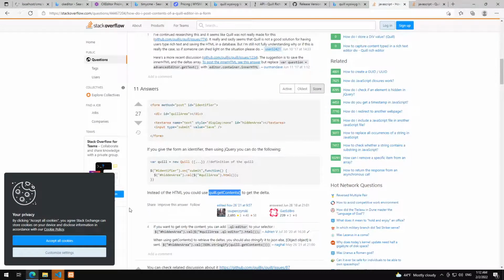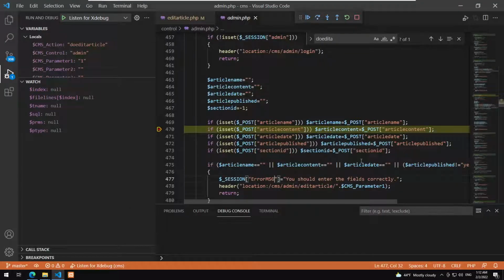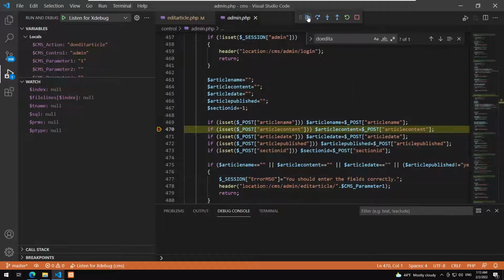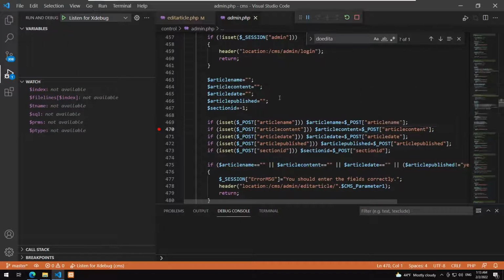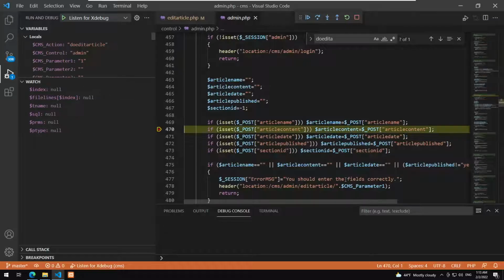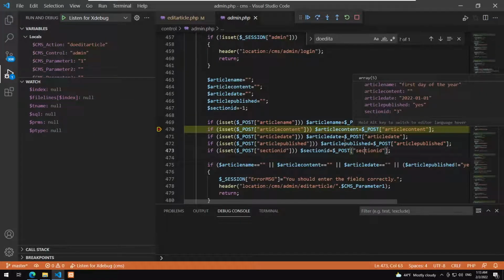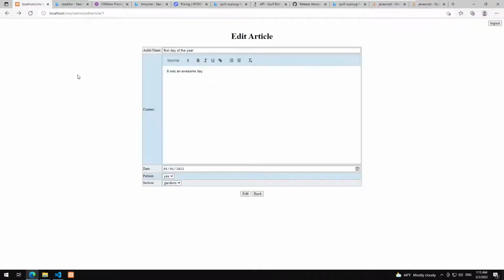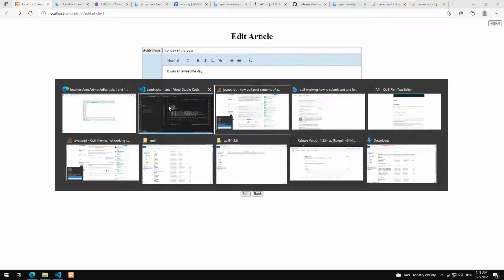Let's have a look at our Visual Studio. Okay, so what do we have? The post, article name, article content, obviously nothing. Okay, article name, again, okay, no problem. So let's go and make this heading 1. I press edit. Let's go and have a look at this one, nothing. So it's not working. Yeah, that's sad,